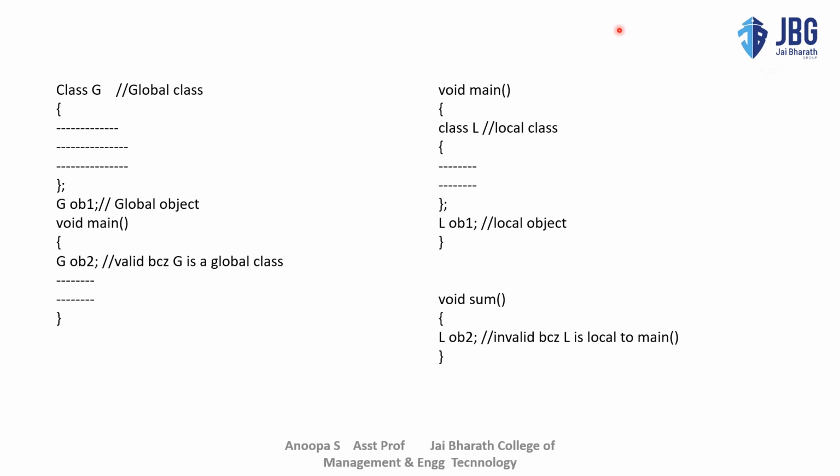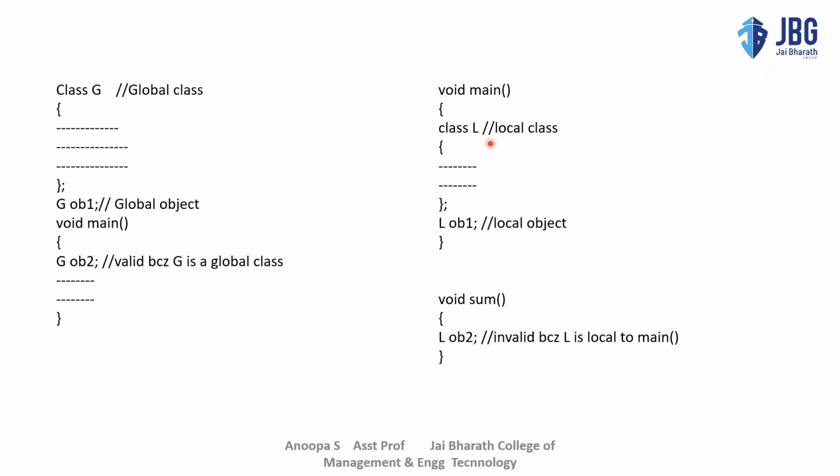Now let us see here. Here I am declaring the main function first, and this class L is a local class because it is declared within a function. Here I am declaring an object within the same function, L object 1. Since I am declaring an object within this main function, this is a local object, so this is a local class and this is a local object. Now I am using another function, sum. Within that I am declaring object 2 of